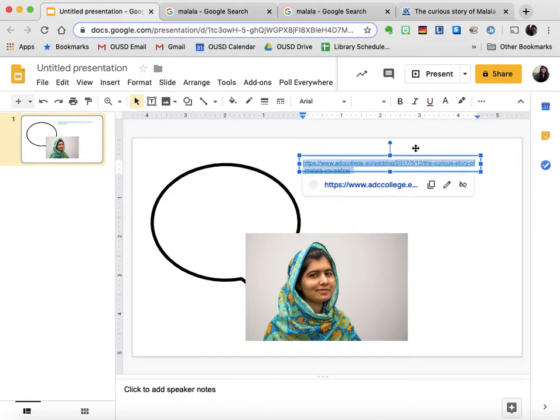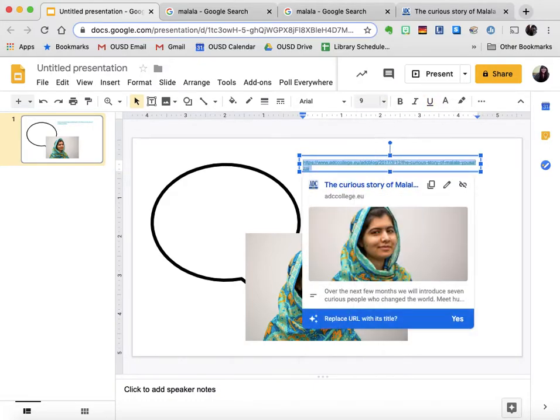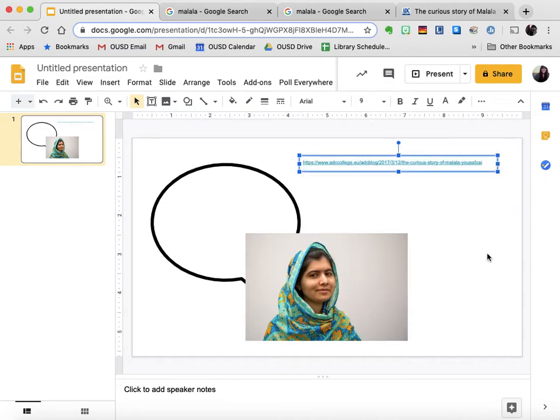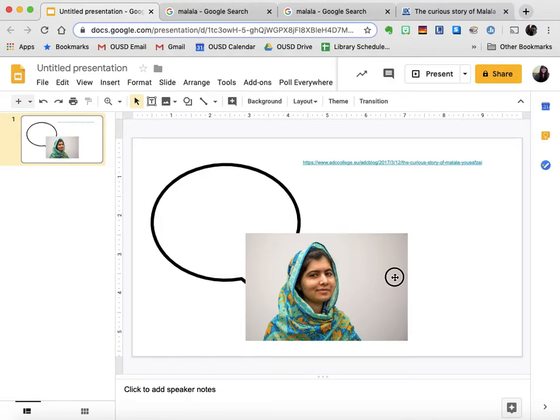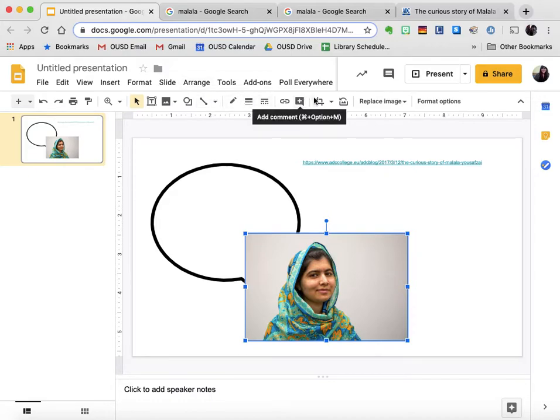You can even, this is an 11-point font, you could even take it down to 9 so that your citation of your image is there. I do also want to show you one more trick. If I wanted to put this image inside of a shape, which we already know how to add a shape, but if I wanted to put this image inside of a shape, I would click right here on this crop,